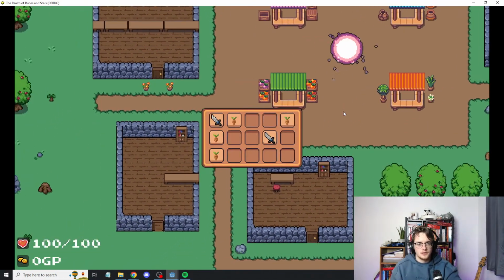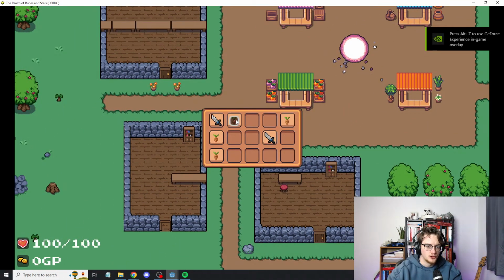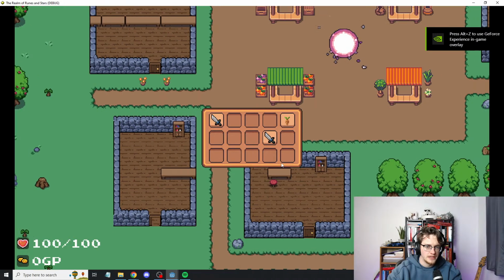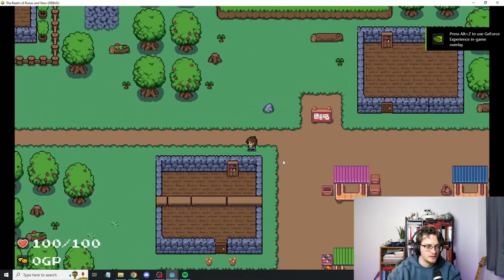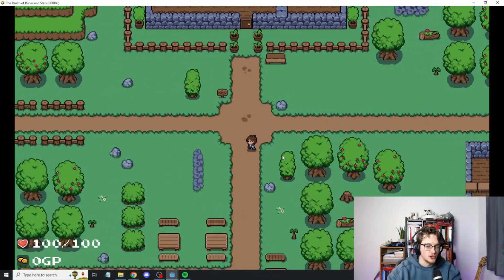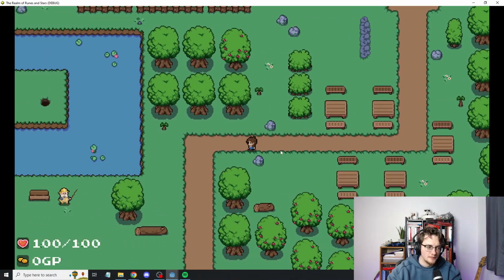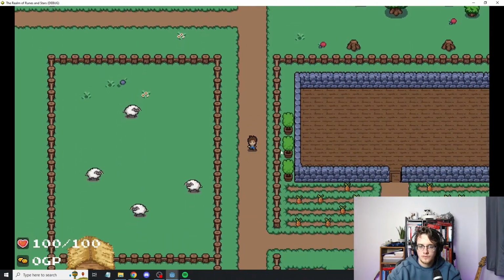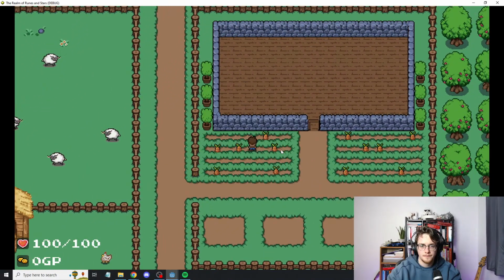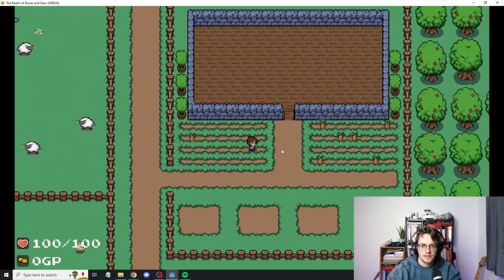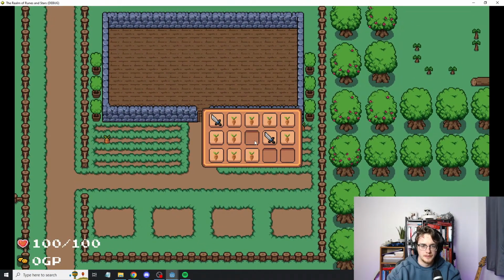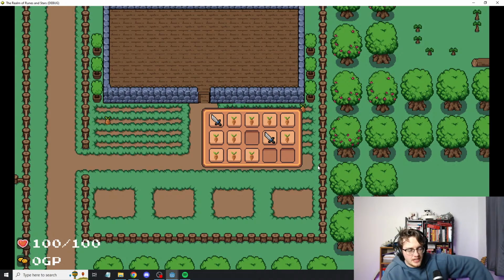Okay. So right now, this is the normal inventory. I can delete from here. I can actually pick things up as well. So I have done a little bit of work. A little bit. So yeah, cool. We can pick things up and stuff. Or we can delete from it. But the thing that I am thinking about is,